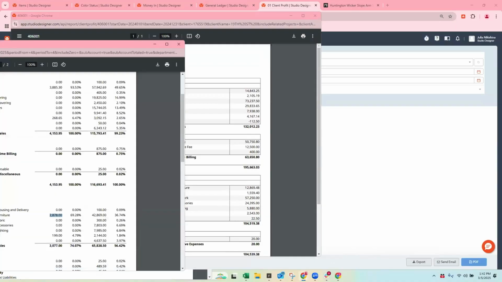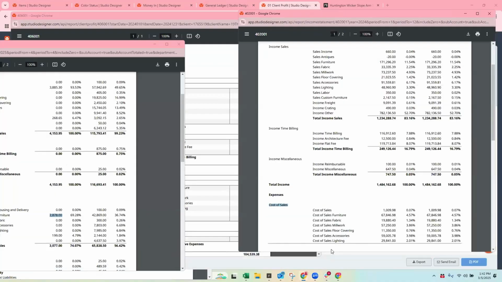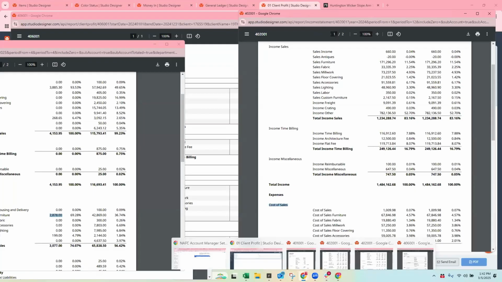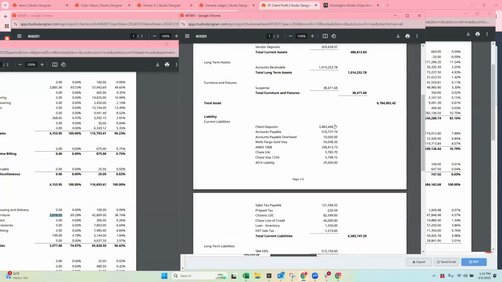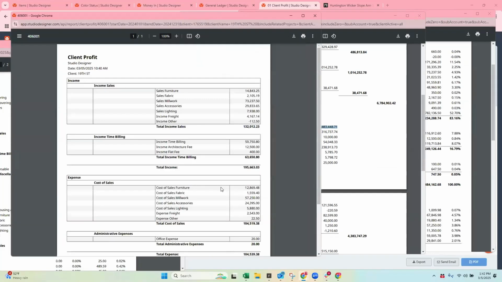If you're not up to date with this bucket of dollars, literally this bucket of dollars, and the 3.5 million is outdated by a year or 2 years or 3 years, this report, especially that client profit by client here, will not be correct because it's only showing you items that have been invoiced.